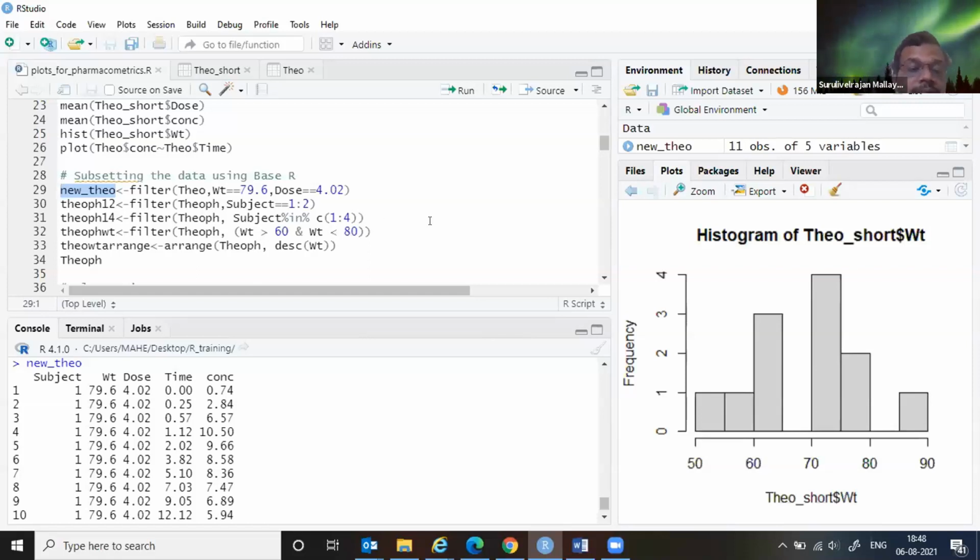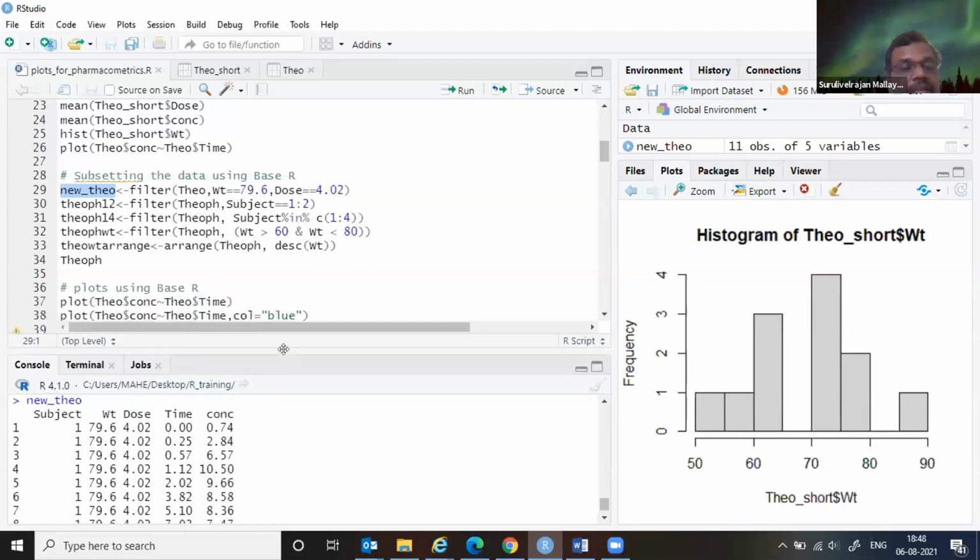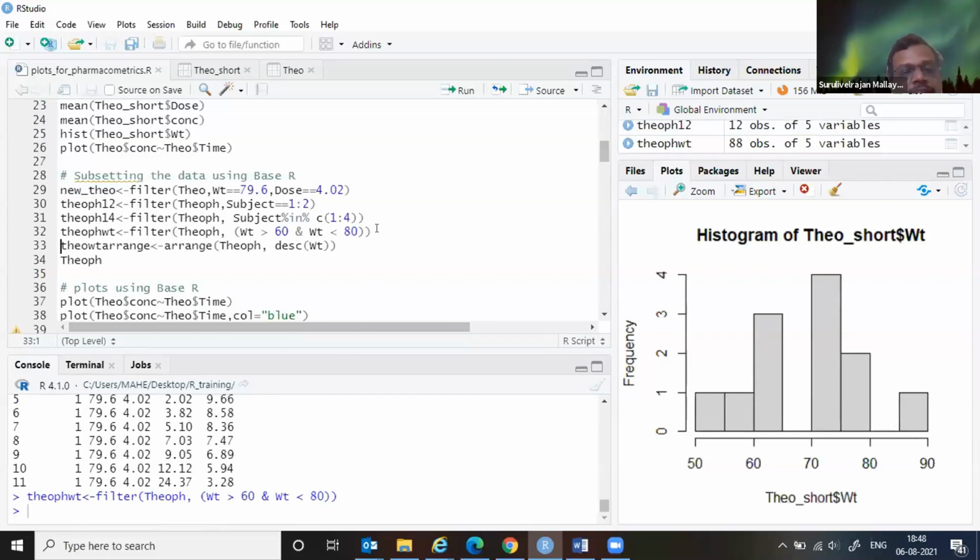Understanding the data, drilling down deep, dicing and slicing the data in all the possible ways is, I would say, one of the important responsibilities of any pharmacometric modeler. That's where R will come in handy. You can just imagine what kind of dicing and slicing and subsetting of data you want to do. All that is possible with these data wrangling codes.